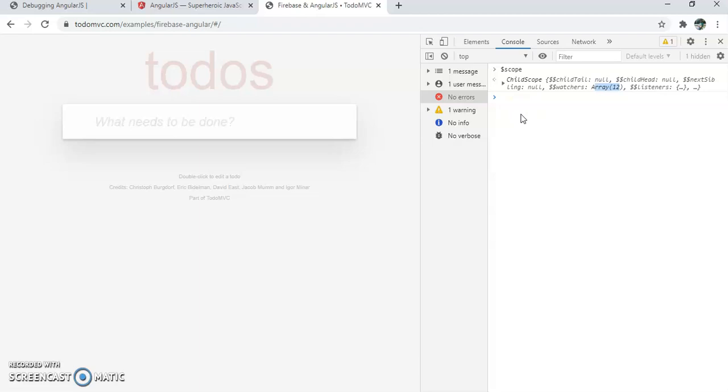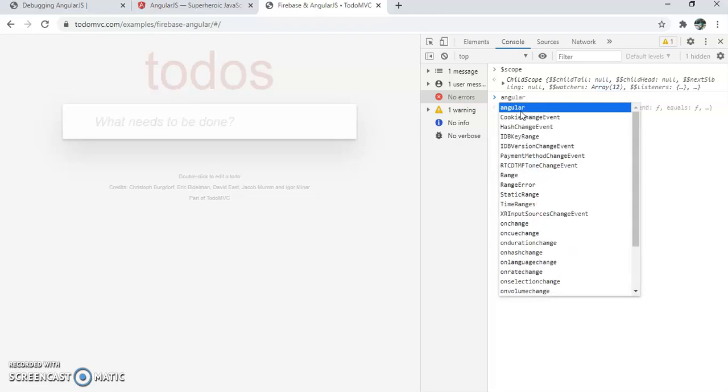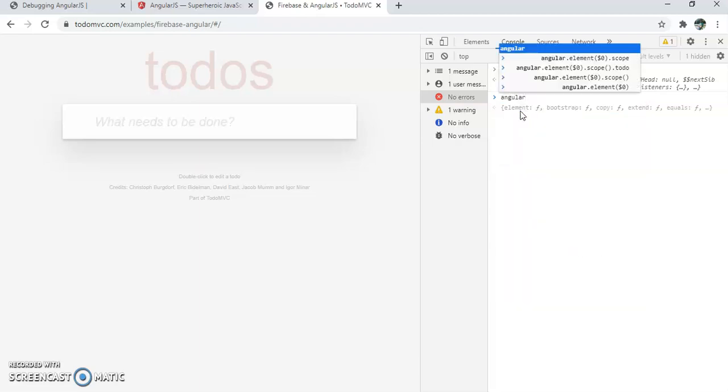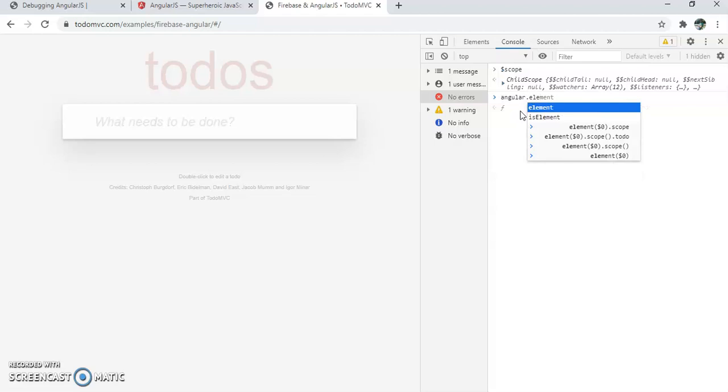If we want to call any function, for that we will use angular.element dot scope.